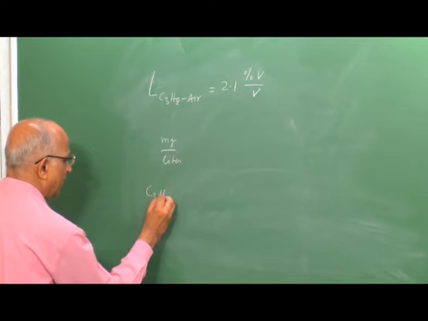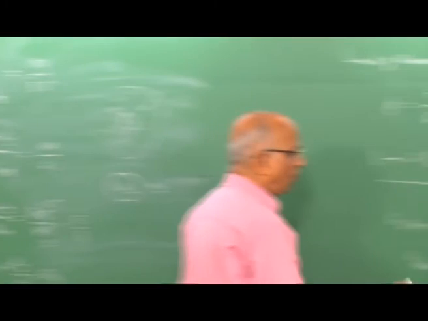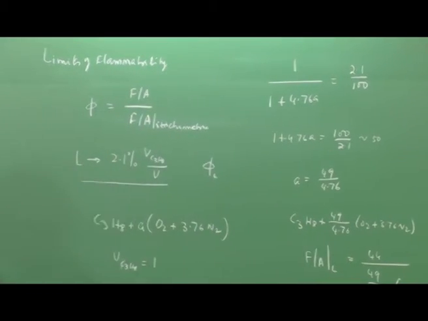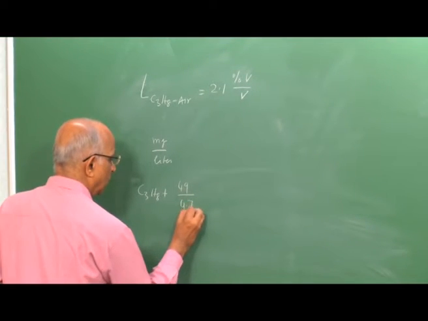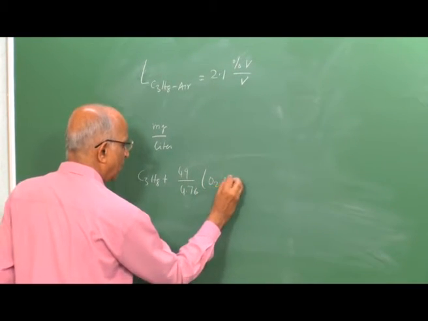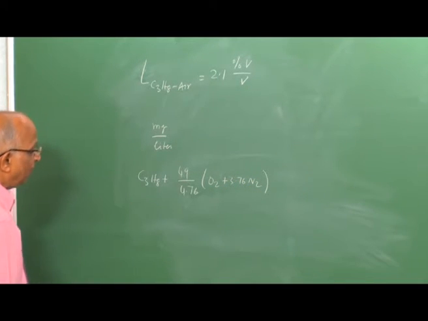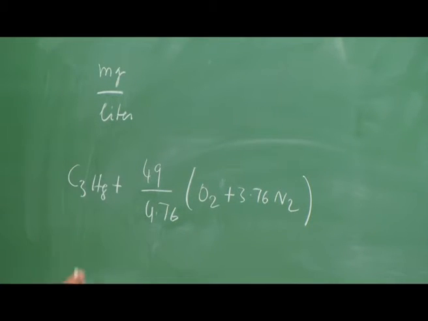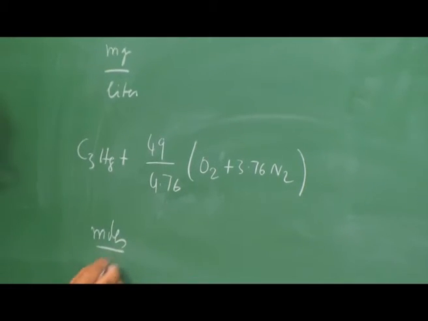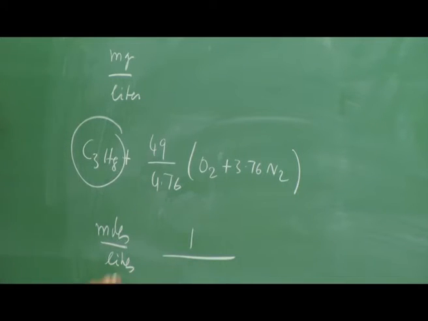Let us write the equation under the lean limit. I get C3H8 plus, corresponding to L, we had the equation 49 by 4.76. Let us write it out, into oxygen plus 3.76 of nitrogen. This is the mixture that I have. Now, what is it I find? I want to put it in terms of concentration, moles per liter. Therefore, moles of fuel is 1, and